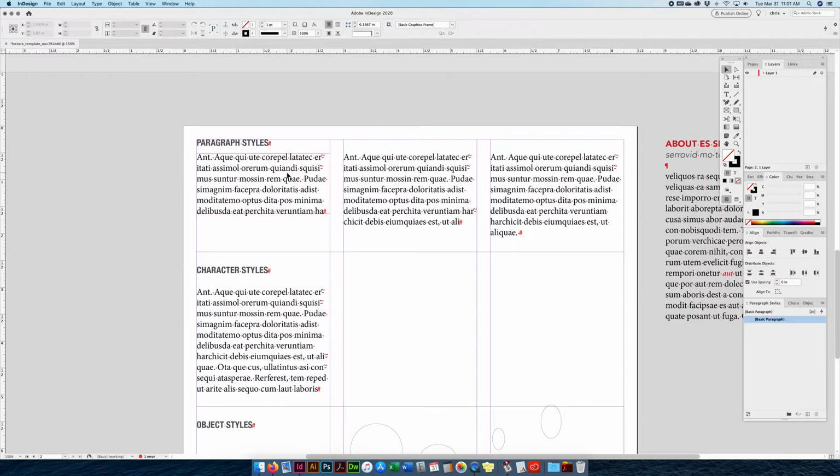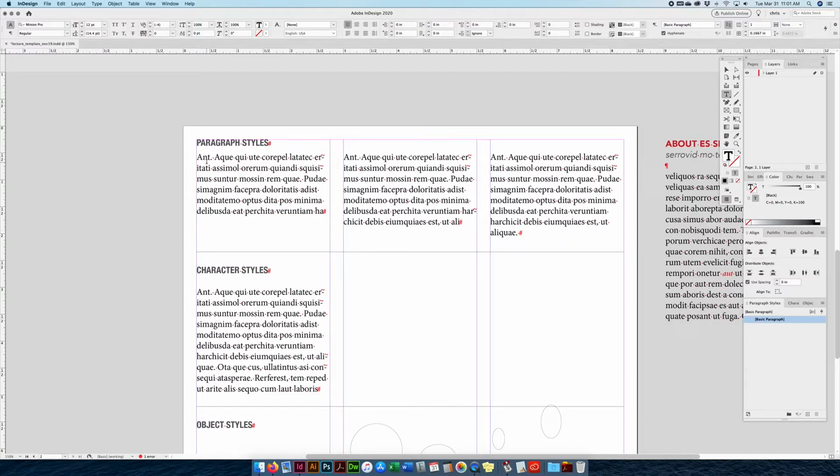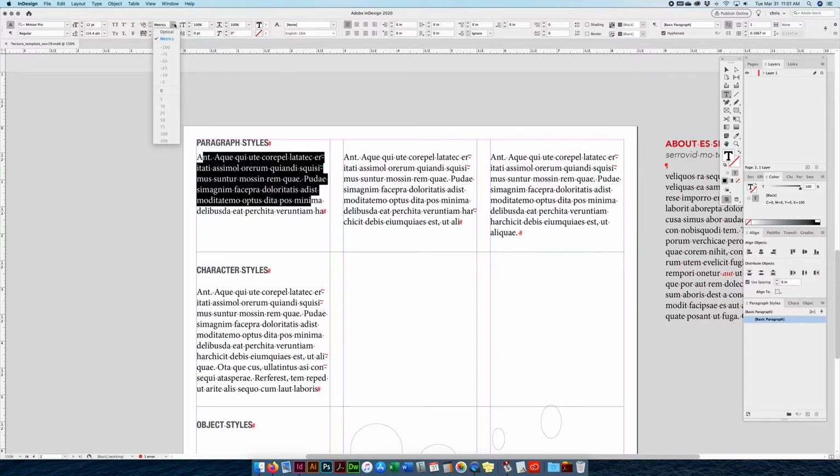Now automatically, what happens is right now I have no style set up, which is great. This is all fine. I have a style that is set up actually. There's a default style. The default style is, it shows you right here, basic paragraph. Okay, so right now my basic paragraph style is Minion Pro regular, 12 point with automatic leading, metric,